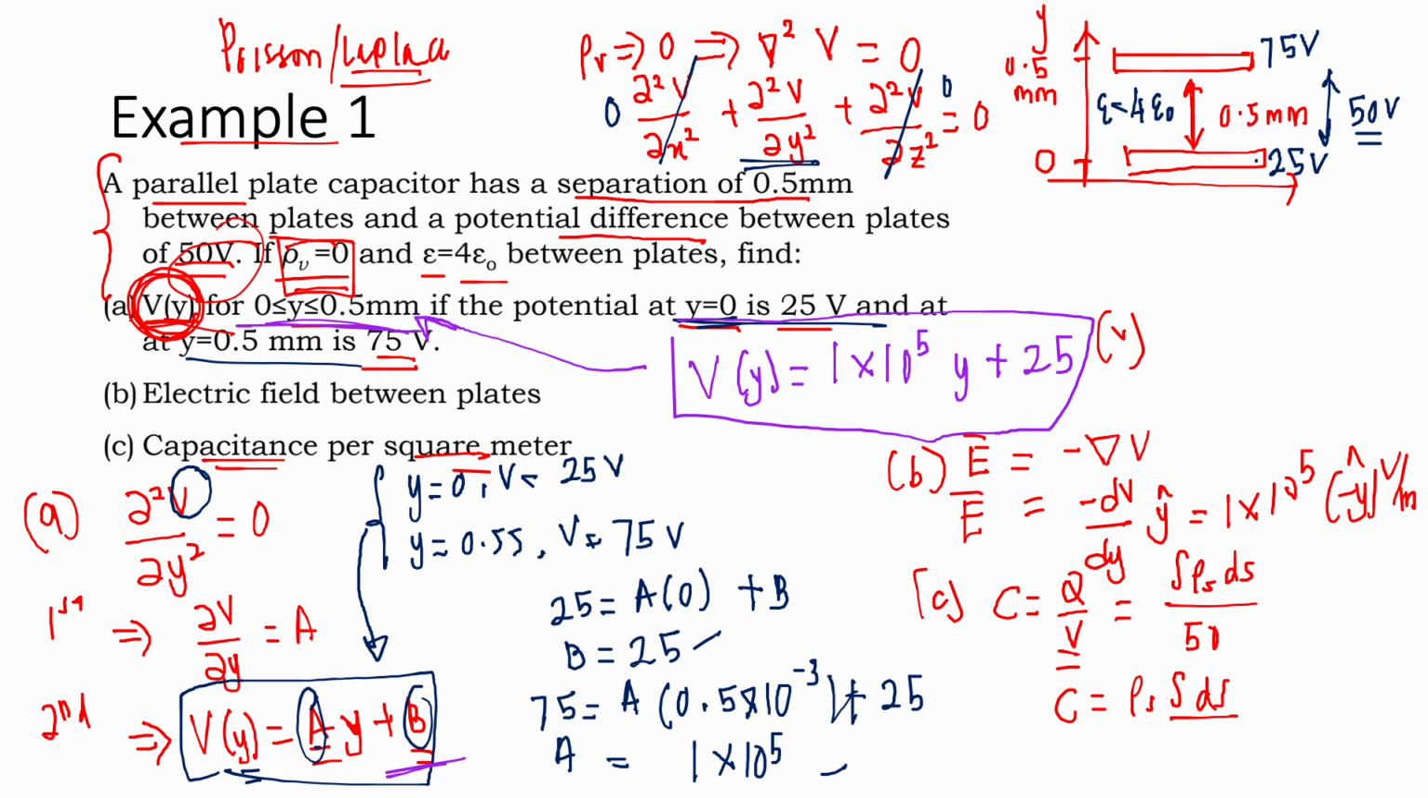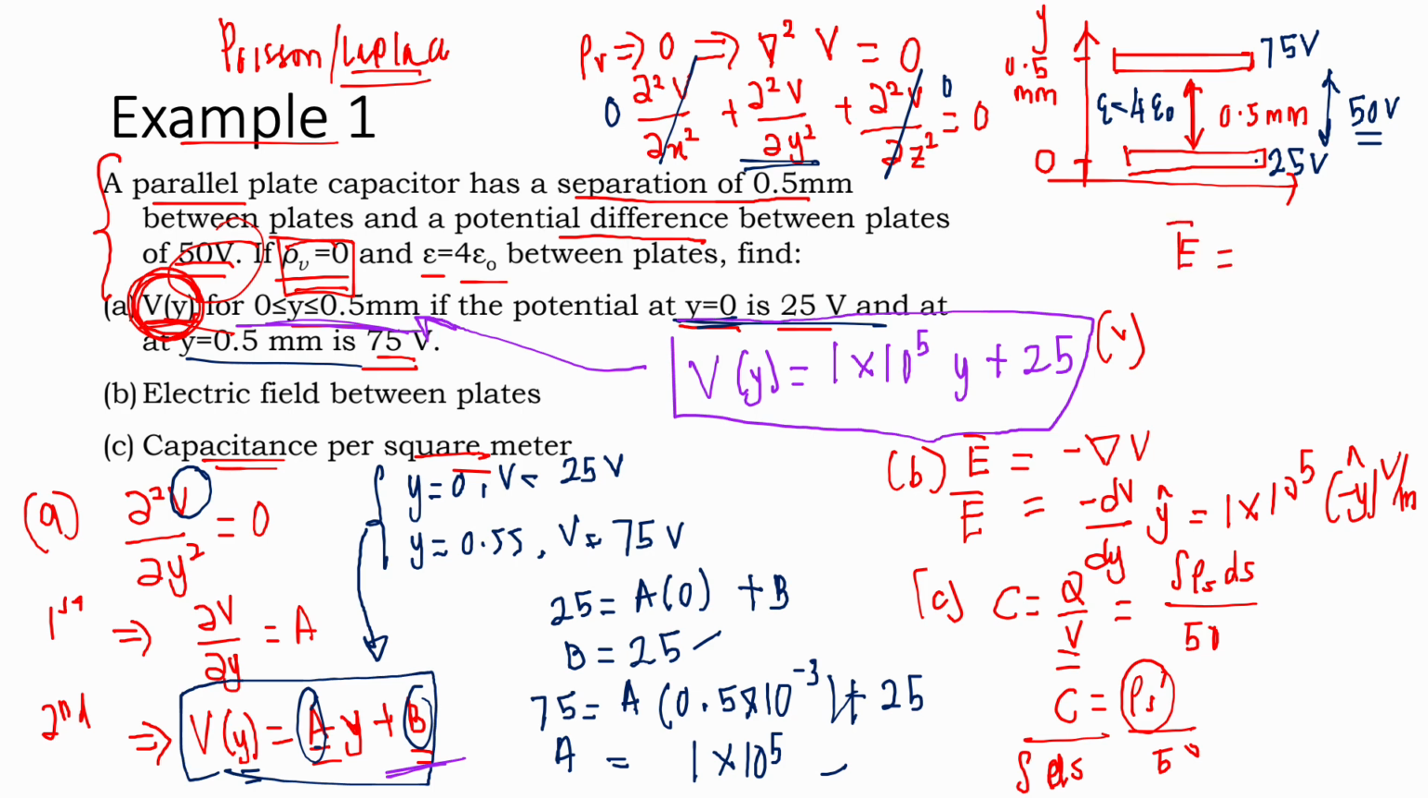So if you know the integration of dS, you will get the square meter, right? So we can put this because it is capacitance per square meter. So rho s you divide with 50. Okay, rho s is divided with 50. So rho s can be determined how? Can we determine this rho s? Yes, right? We can determine this rho s based on the boundary conditions that we have learned before, where